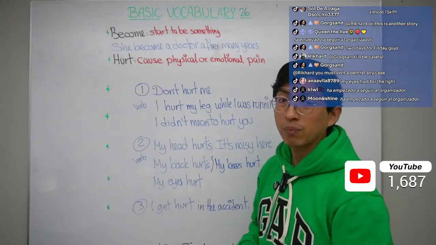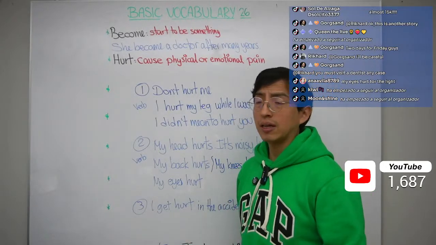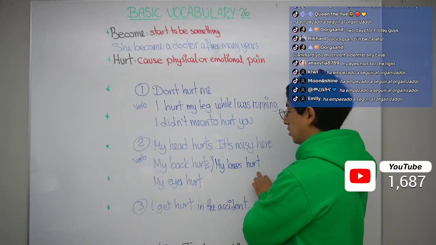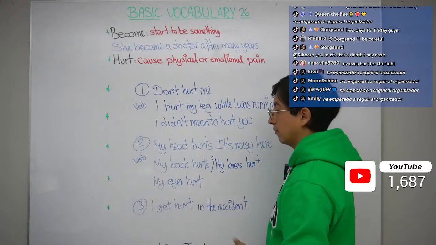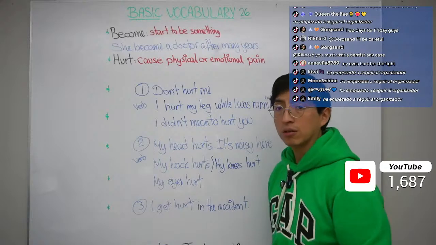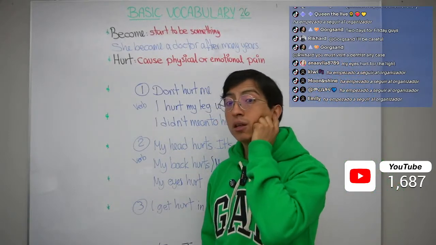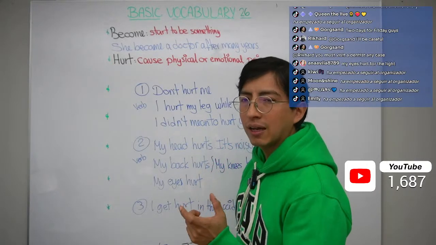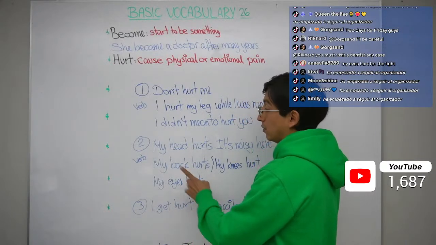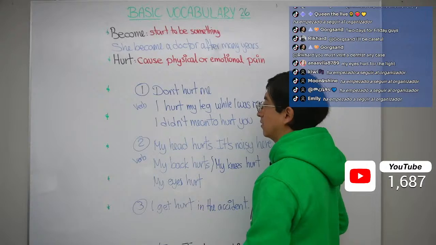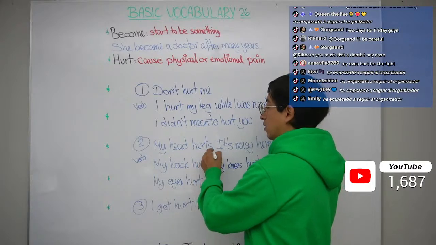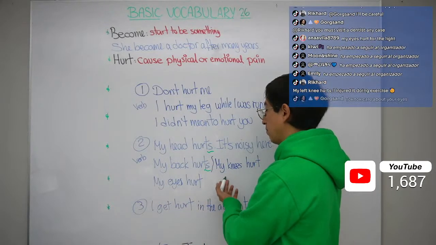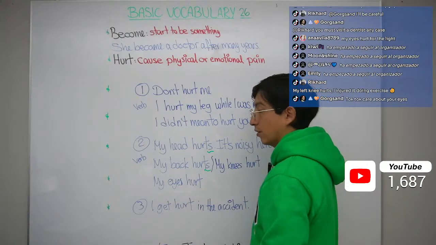My knees hurt. Ok, puedes poner la parte del cuerpo que está dolorida y la pones, recuerda, al principio, ¿ok? Me duelen las rodillas. My knees hurt. Ok. Me duelen los ojos, me duelen los oídos. My ear hurts. My stomach hurts, ¿no? Me duele el estómago. Ok, así que primero va la parte del cuerpo y después va el verbo. Si está en singular, recuerda usar la S, ¿no? My head hurts, my back hurts. Pero en el caso de que es plural, por ejemplo, no es necesario, ¿no? My knees hurt, my eyes hurt. Ok, ten cuidado con eso.